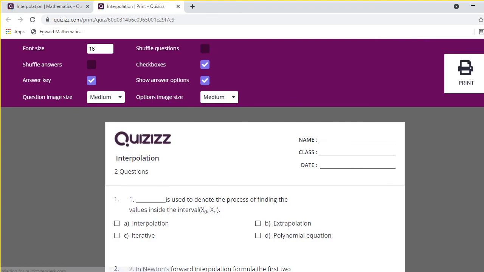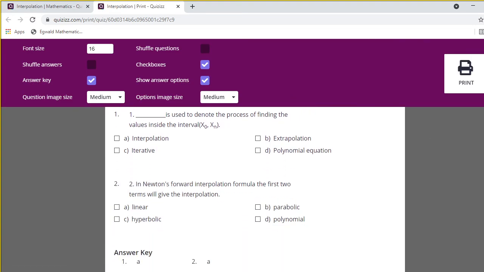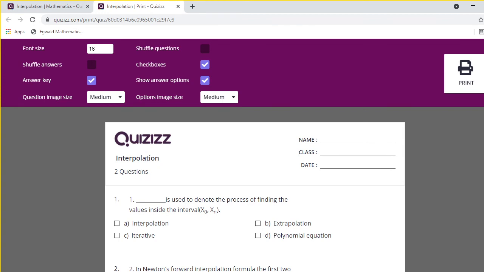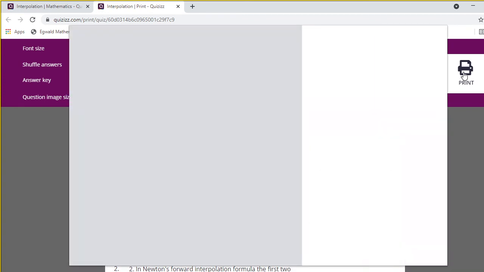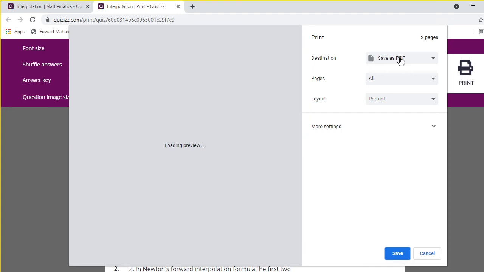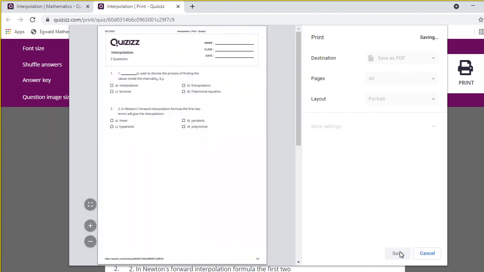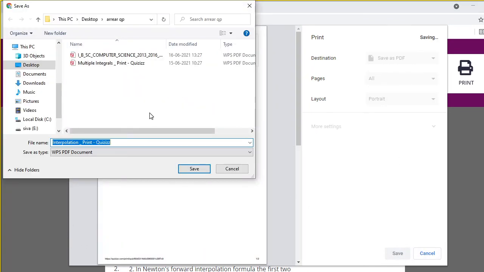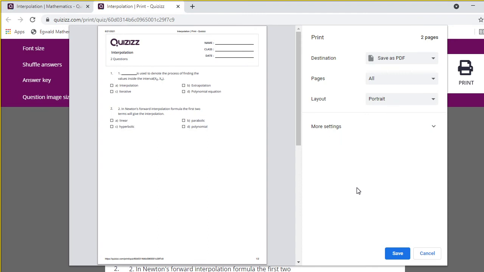If you want to print and keep, you just take a printout. This is the printout form, PDF form. If you want to save the PDF, you again go to print and save as a PDF. You save it on your desktop or anywhere in your device. Okay, so you just save it. That's it. Very simple. You can save the question paper and you can do everything.